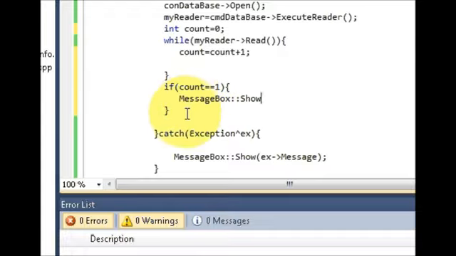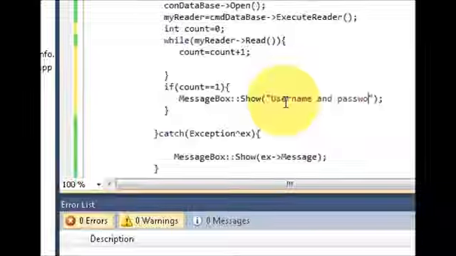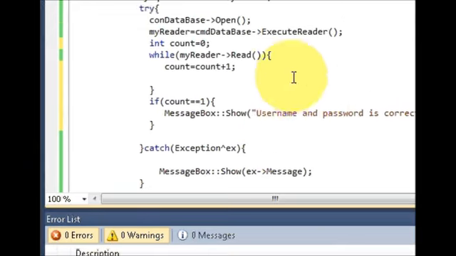You will write MessageBox double colon Show, and in between write double quotes and write username and password is correct. Okay,